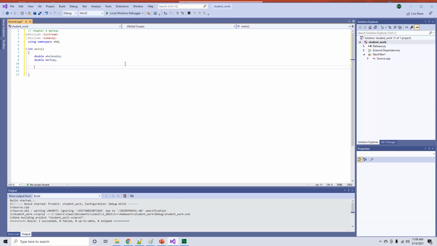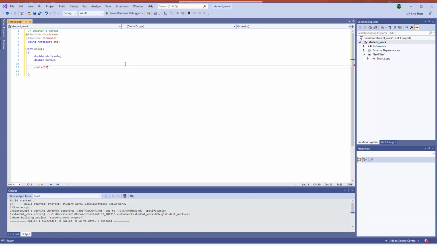Then we are going to get the input. The first thing, we output some message: "Please enter the wholesale cost." Then we say cin wholesale;